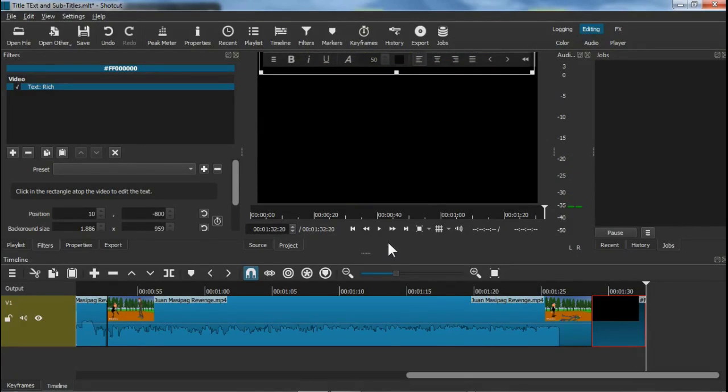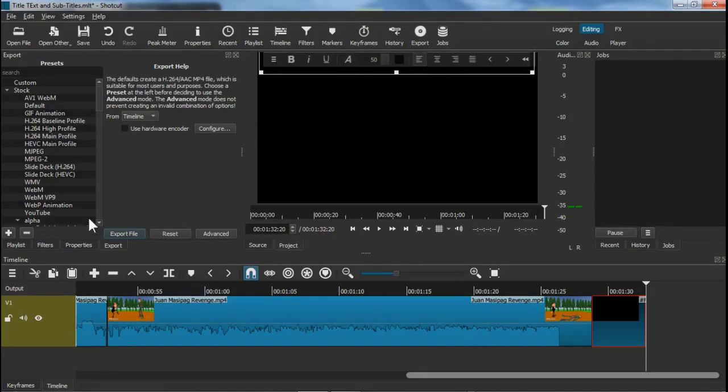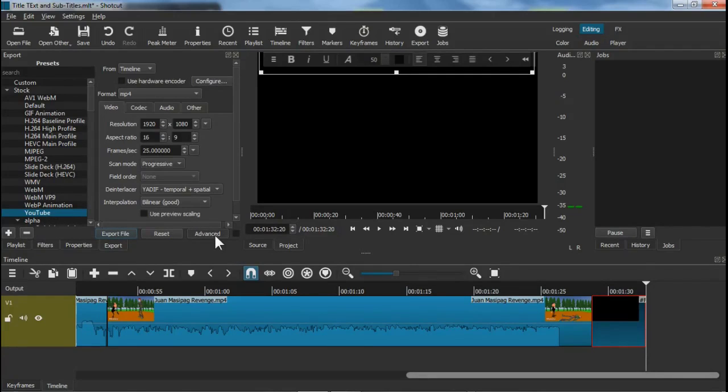The next step is to export this video to MP4. I click the export button from the toolbar. On the preset panel, I select YouTube. I click the advanced button. I specify the resolution width